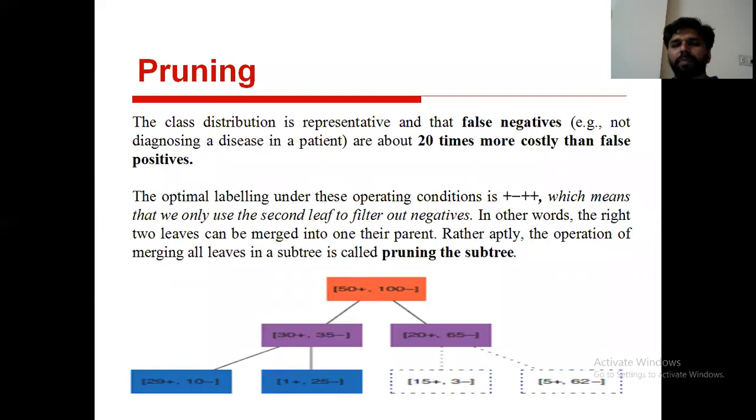Pre-pruning means before constructing the tree, we are not forming these two child segments. That is pre-pruning. And post-pruning means we constructed a tree like this, a tree with 4 labels, but after constructing the tree, we remove these two children and we are using this one as a subtree. Right? That is called post-pruning.